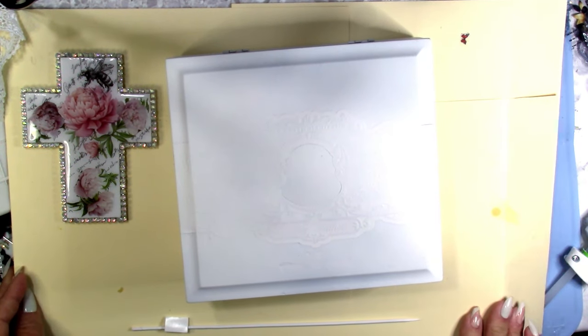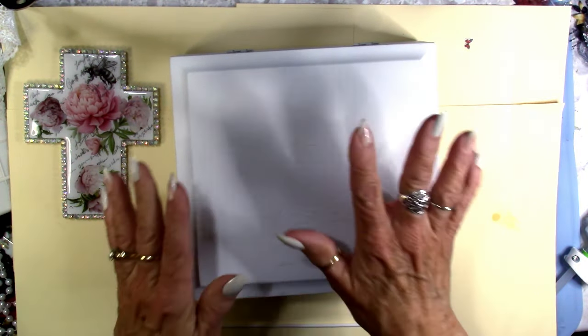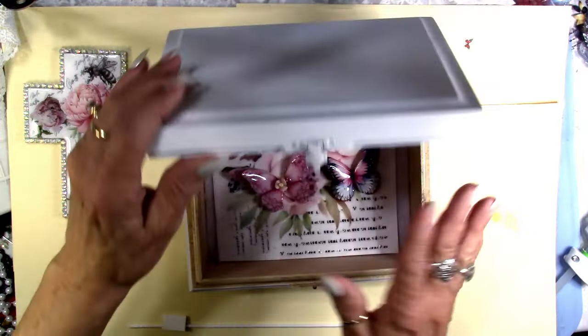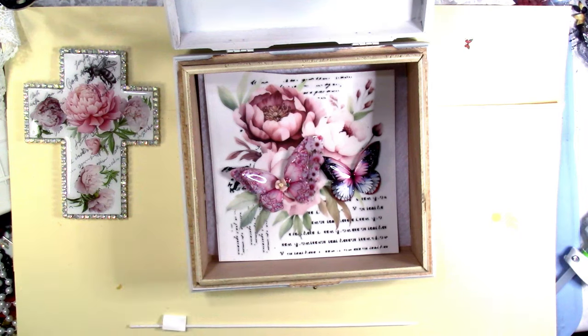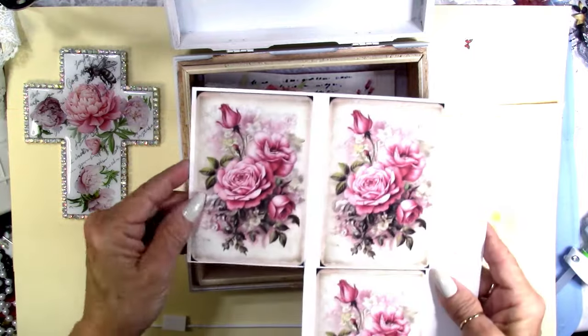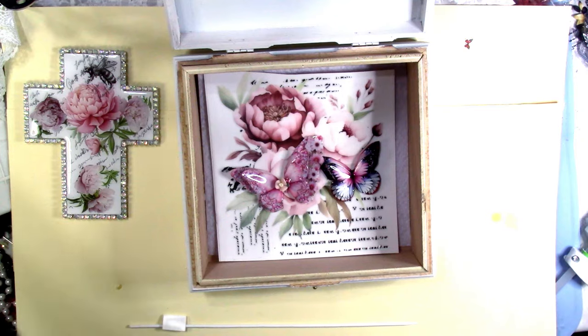Now, the only thing I don't have to put with this right now is I want to do something beautiful. Maybe some beautiful tags. Let me grab some that I have printed and cut them out and stack them on the inside. Maybe a few different kinds. But, you know, something like this. These are on cardstock, and put them on the inside with